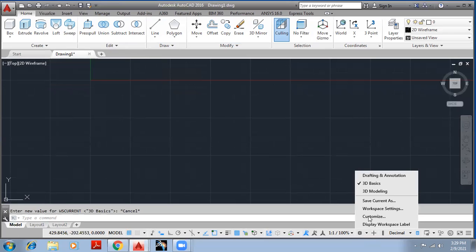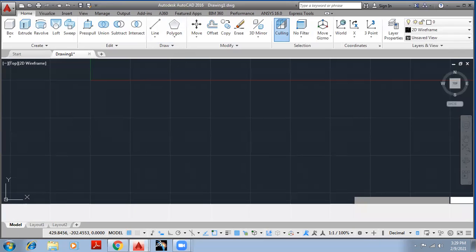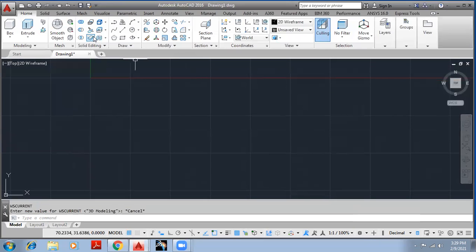And you will see this workspace is 3D Modeling. Again, it is the same, but here the addition of tools is more. For drawing, we have a particular tab. Here also, we have different options in the modify section. So the number of tools increases in the third workspace.